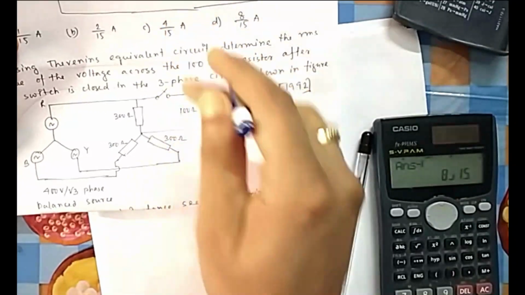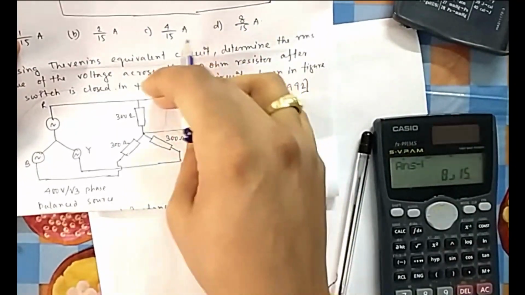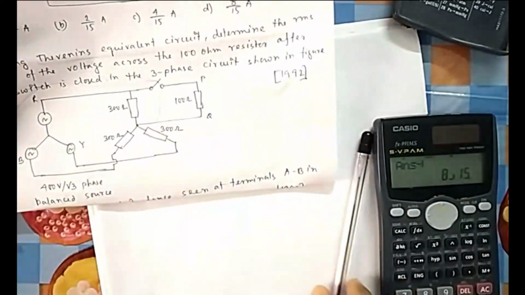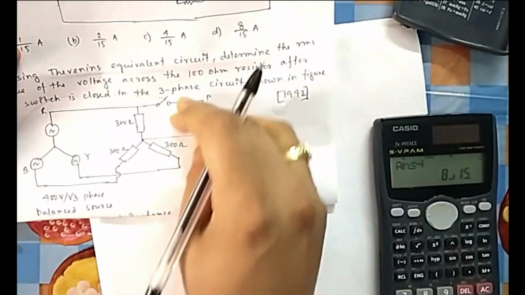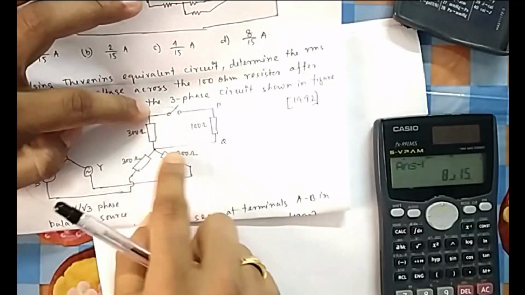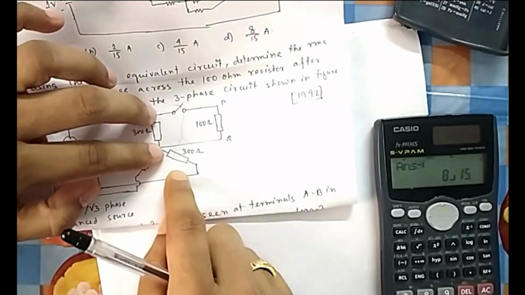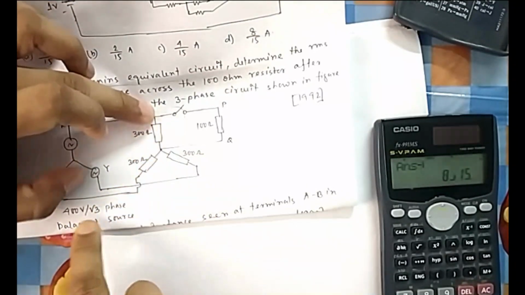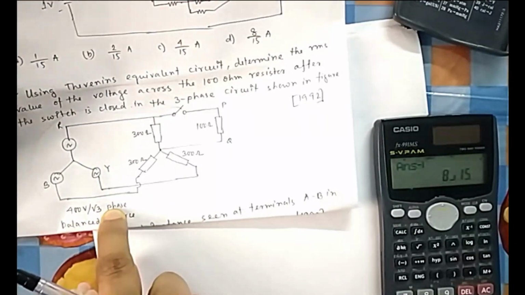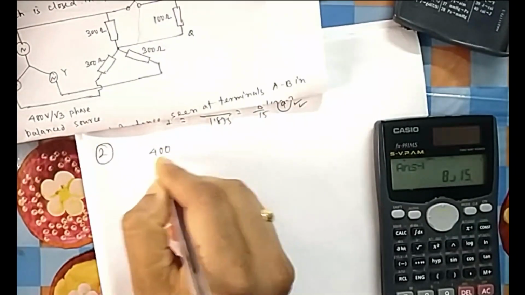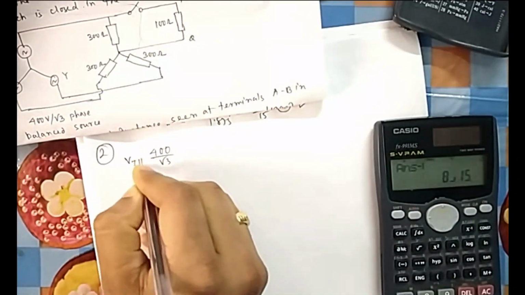They may not mention this, but they do ask you to find this. The best way in that case is, if you want to connect anything extra to the circuit, you calculate the Thevenin's equivalent of the existing circuit, and then you put that one. So for Thevenin's theorem, we will remove this one. So what is the voltage across these two? It is a star connection, so the bus voltage is the phase voltage, the voltage across this phase. It is already given as 400 by root 3. So my V Thevenin is already given because it is a 3-phase connection. So per phase it will be 400 by root 3. So this is V Thevenin.